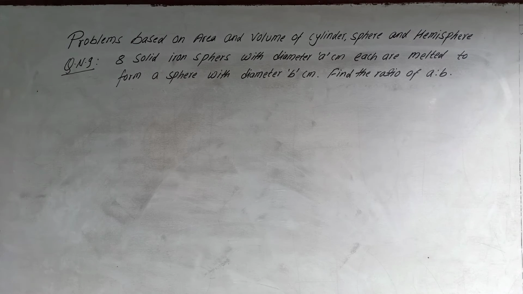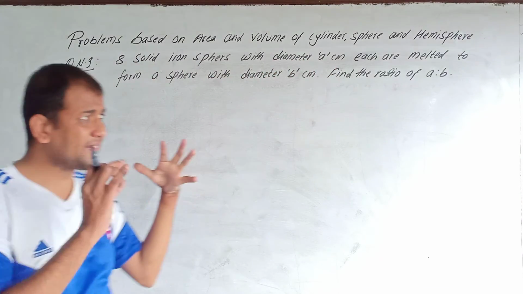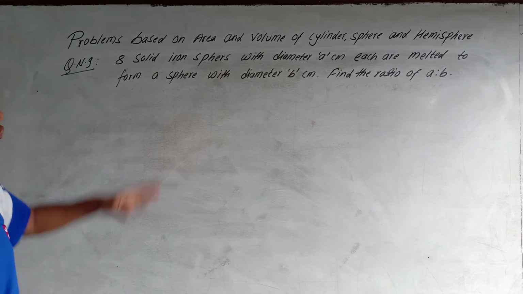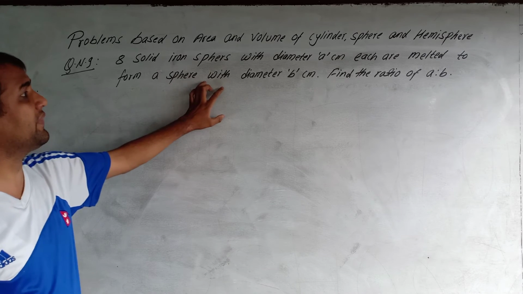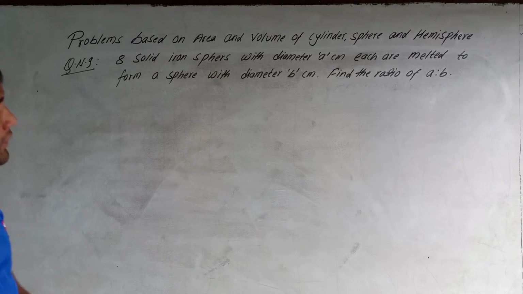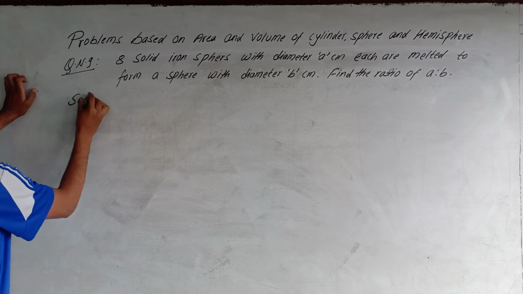Here it is given that there are 8 solid spheres with the diameter a centimeter. Each is melted to form a sphere with diameter b centimeter. Find the ratio of a to b. When we melt, the volume of any solid object will not be changed. So firstly we find